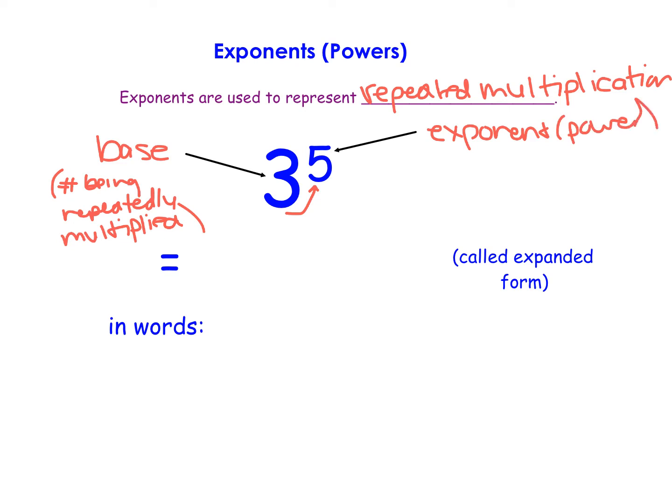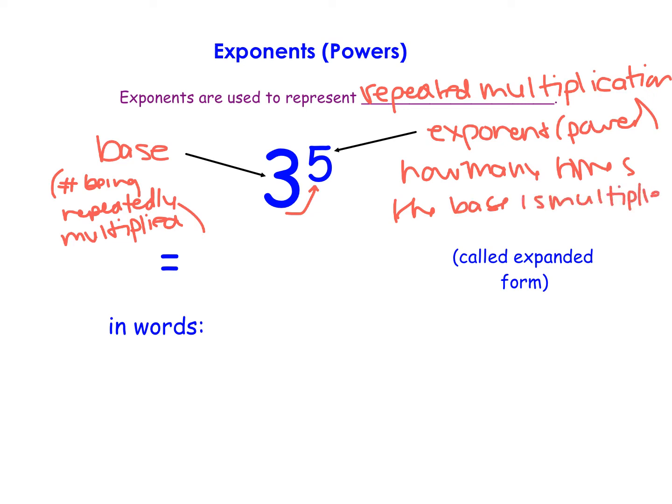And it basically says how many times the base is multiplied by itself. So what this exponent problem is actually saying is take this base of 3 and multiply it by itself